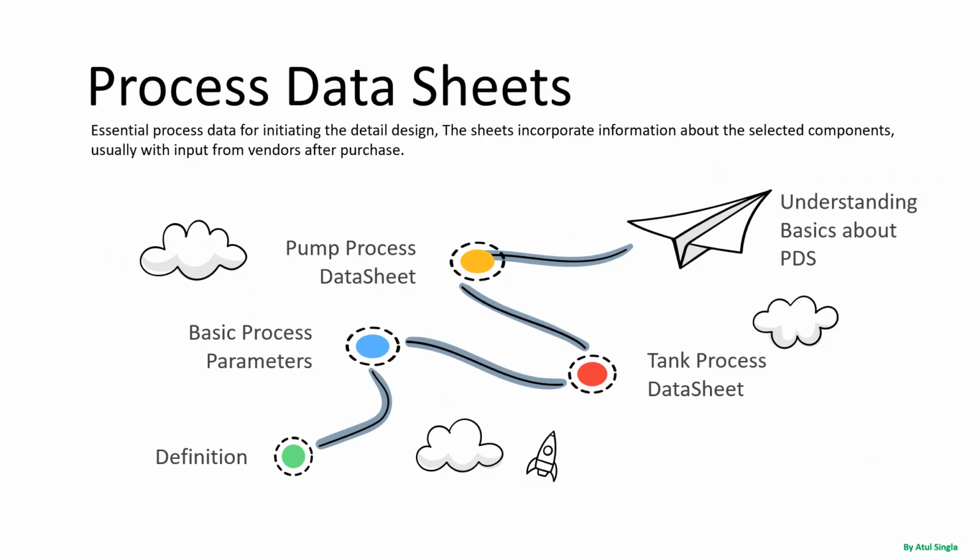So in this section we talked about process data sheets, which have all the data to initiate any of the detailed design activities. Along with that, we looked into various parameters, pressure parameters, like what is atmospheric pressure, how we calculate the water head, NPSH requirement, inlet pressure at pump nozzle, various types of nozzles in tanks. So all those things, all the various sections available in a datasheet, we looked into. So this will be covering the basic understanding, basics behind developing a